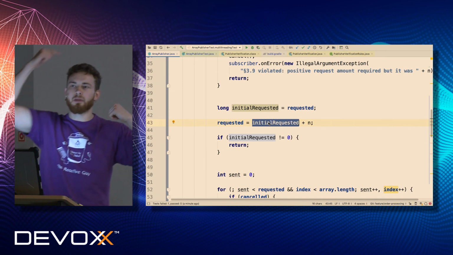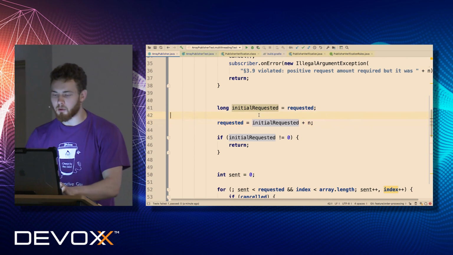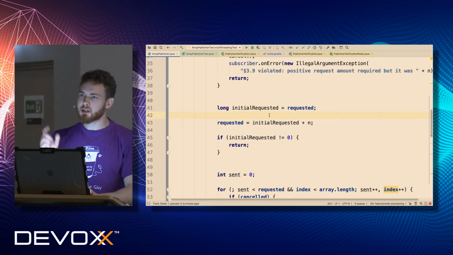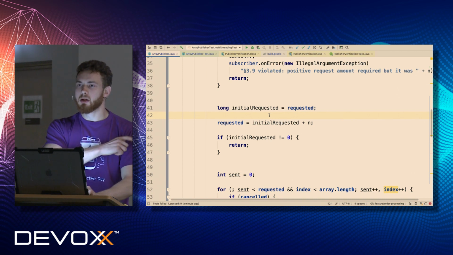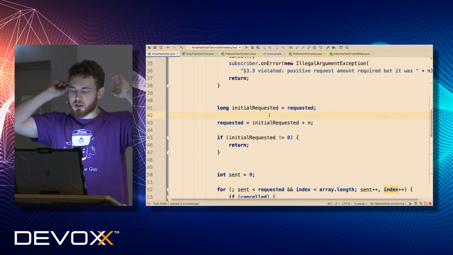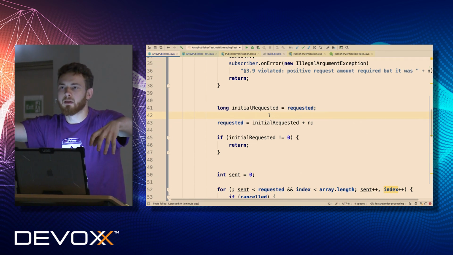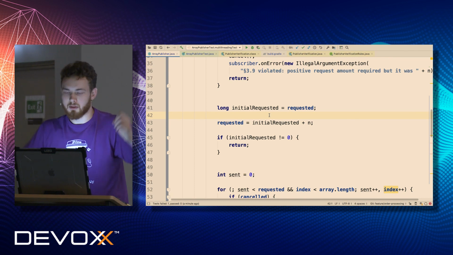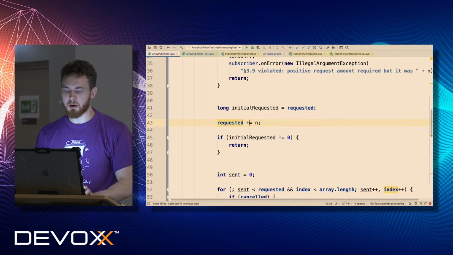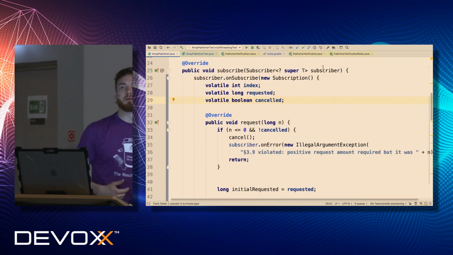That's what happens under the hood when we look into the generated instructions for our JVM. And this is basically a point of racing, right? Because just imagine tens or thousands of threads trying to read the same field at the same time and then write back the same state. This is a problem. So how can we avoid this racing during the increment of the field?